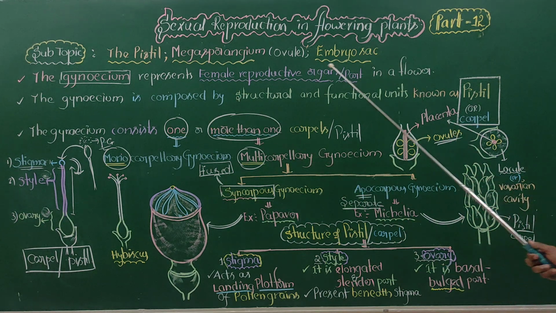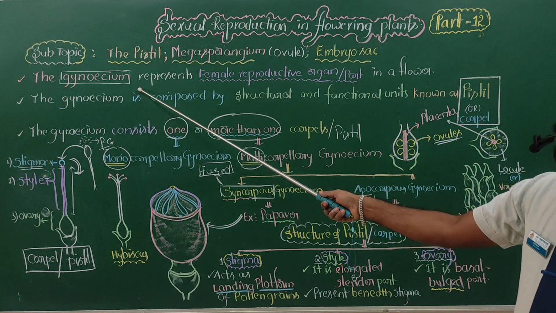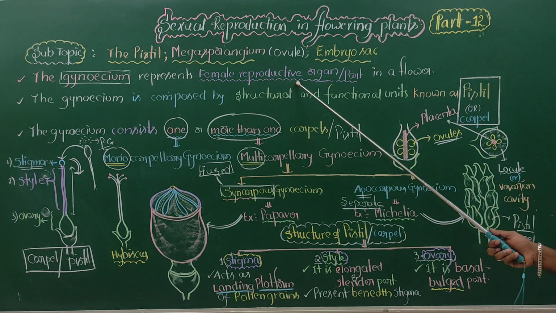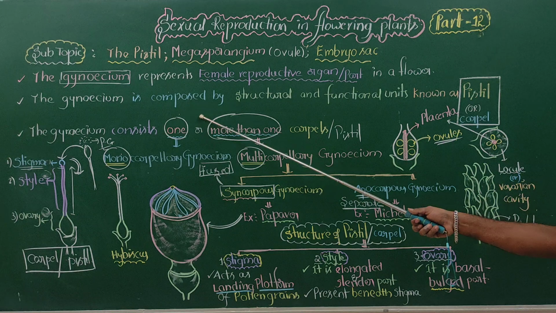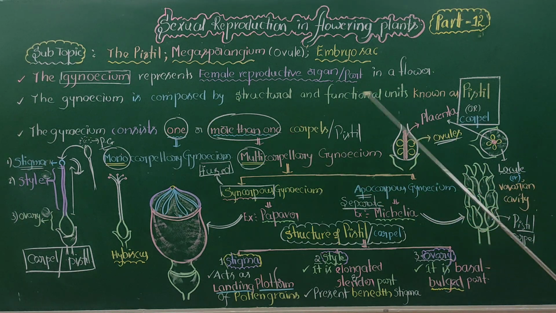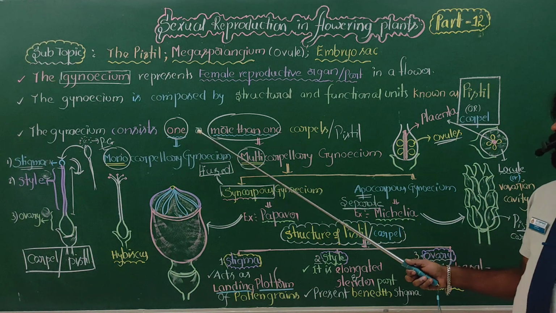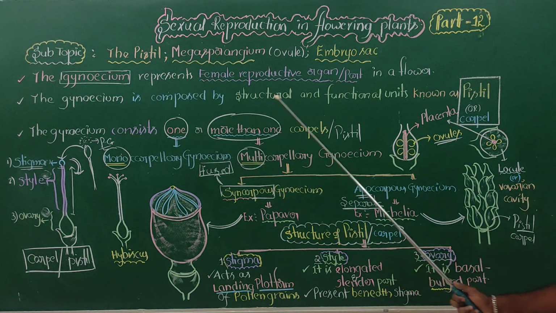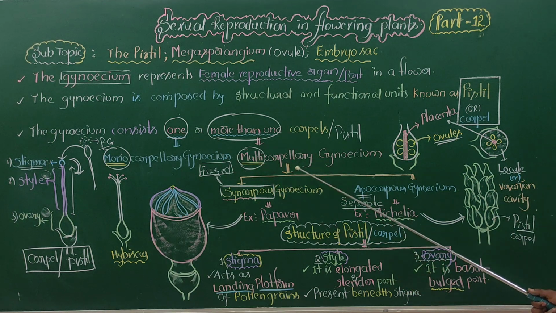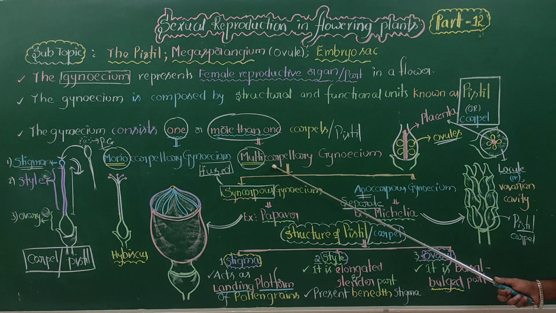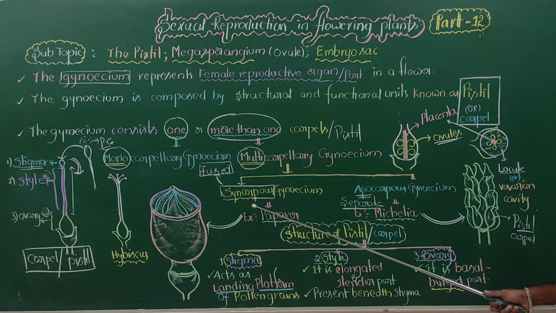First, gynoecium. What is gynoecium? The female reproductive part. What are the structural and functional units of the gynoecium? The pistil and carpel. If the flower or gynoecium has one pistil or more than one pistil, based on that, the gynoecium is separated into two parts, that is, nothing but single